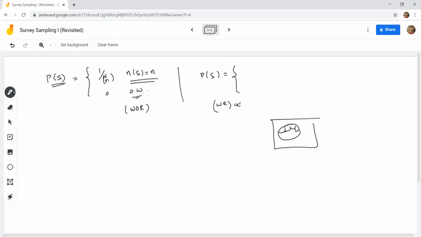Now in this case, you are replacing the unit back into the population again. So in this case, it should be 1/N to the power small n, because